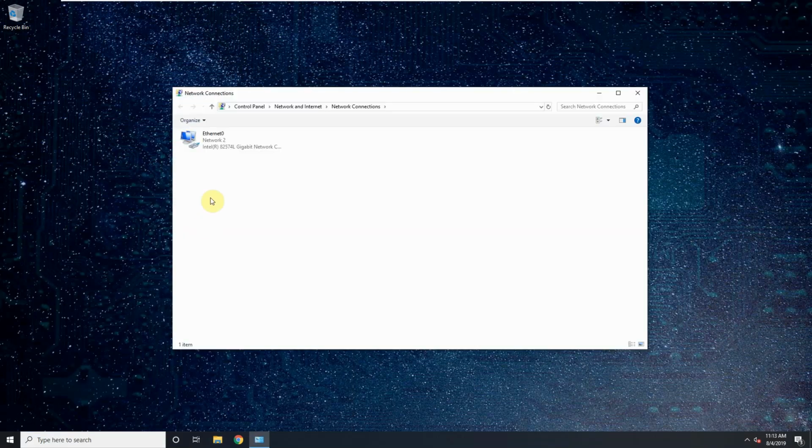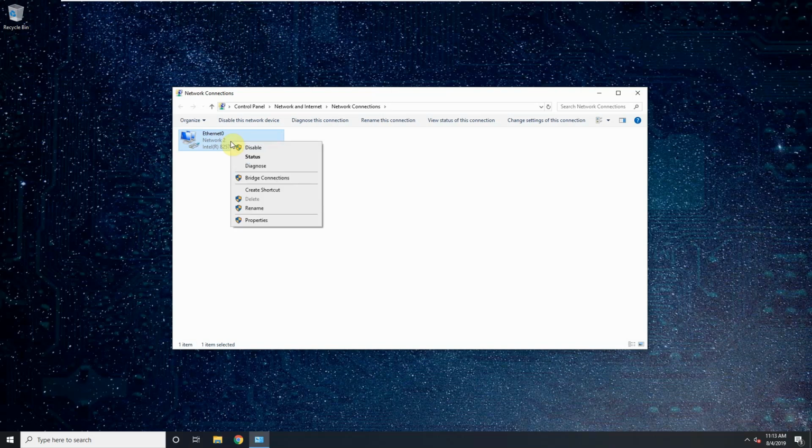And on your system you may have Wi-Fi, you may have other Ethernet adapters, but in my virtual environment I only have one Ethernet adapter. So whatever Ethernet adapter you're using, either Wi-Fi or a LAN adapter, you're going to want to do this too. Or if you use both, like Wi-Fi and LAN, sometimes you're going to want to do it to both of them as well. So we're going to right click on your adapter, go to properties,